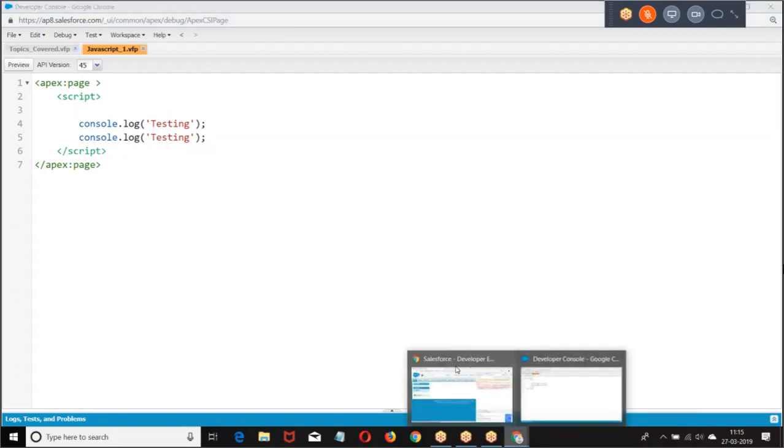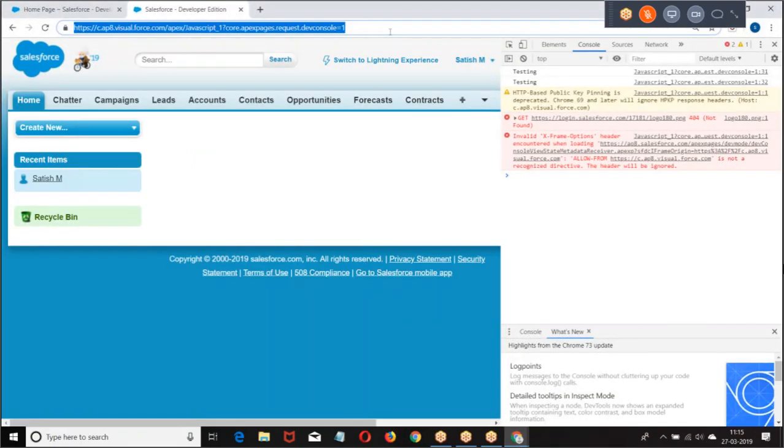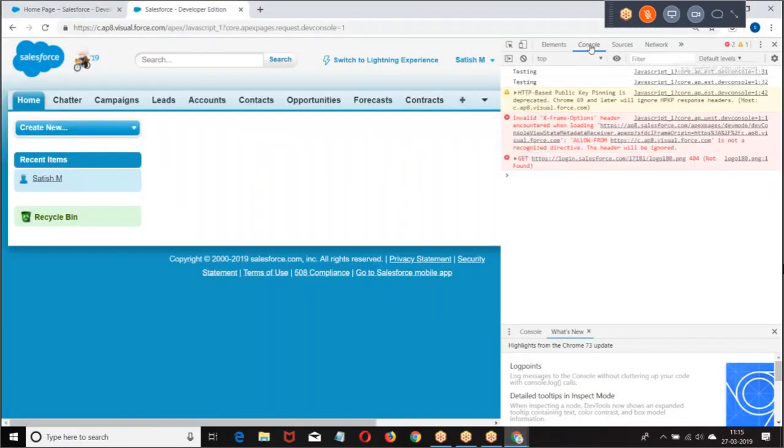Review. Now, here the message is supposed to be printed. I did a function there. Look at the point. What we're getting here? Testing. You're getting a message here.